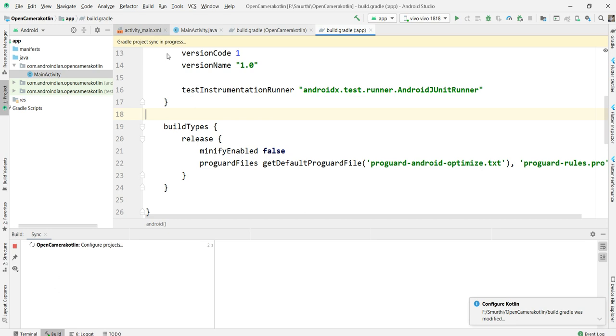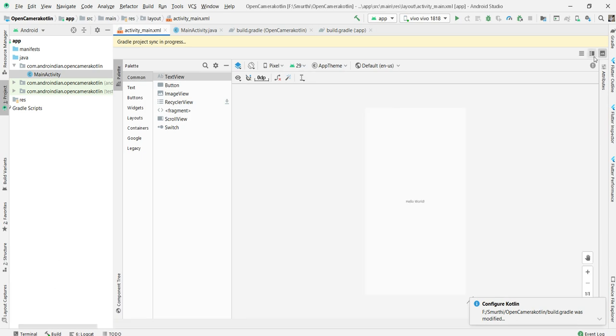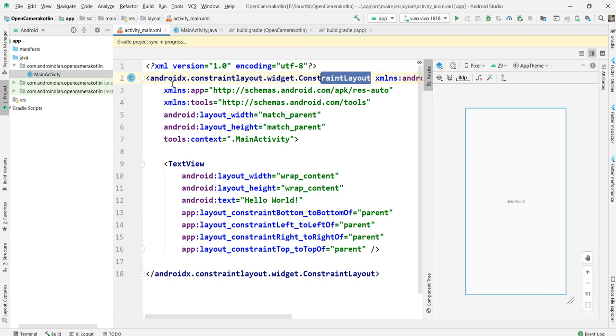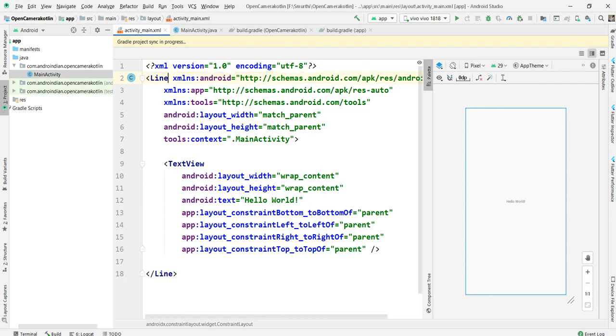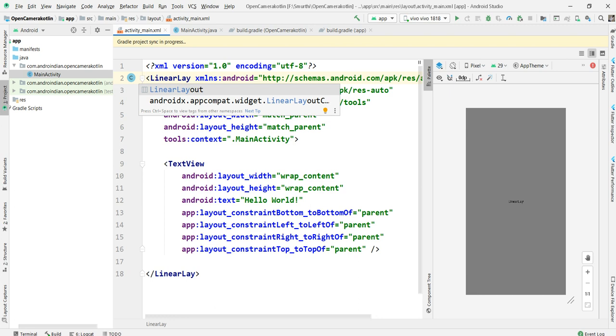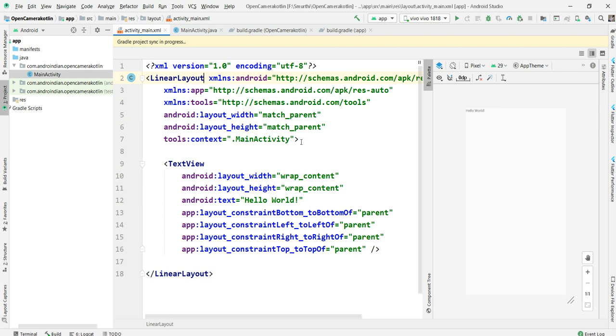First of all, in this XML I want to change the layout to a linear layout, because it's our regular layout. In this linear layout, I want to take only one button, for opening the camera.